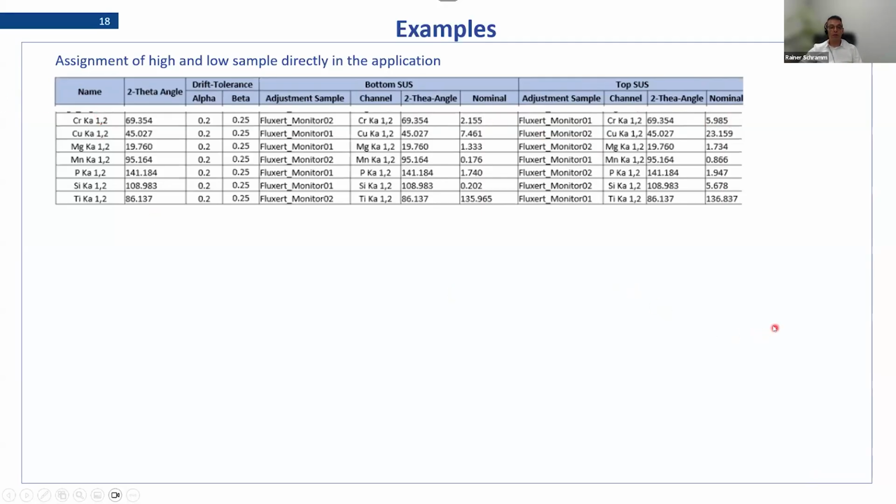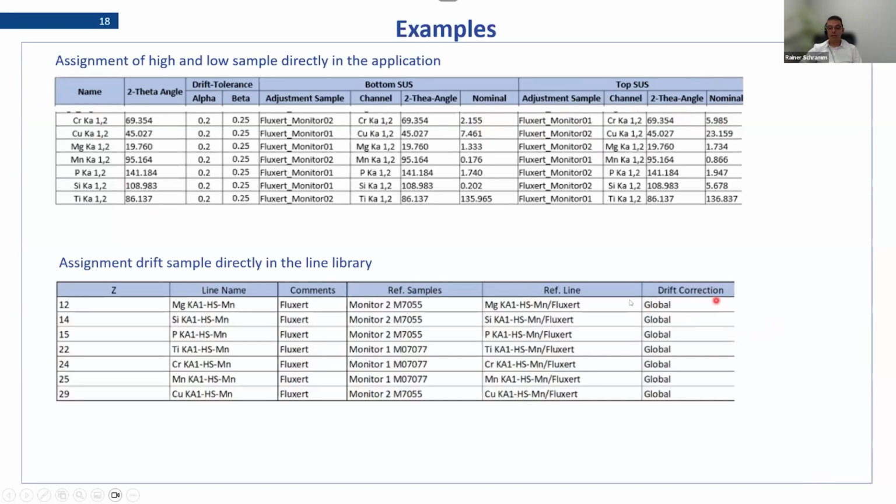This is one possibility. The other possibility is that your lines are coming from a line library, and in the library you link your lines to the drift correction samples. You could also link 1 or 2, or sometimes even more. But I think 2 is really the maximum you should use. And then every application which is using that line is then automatically drift corrected